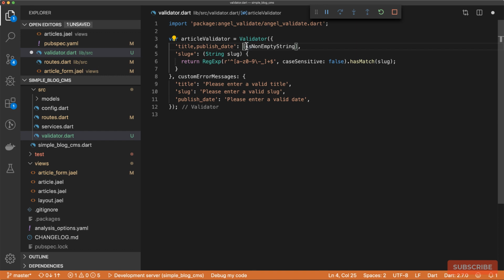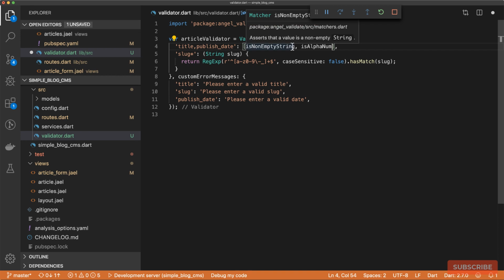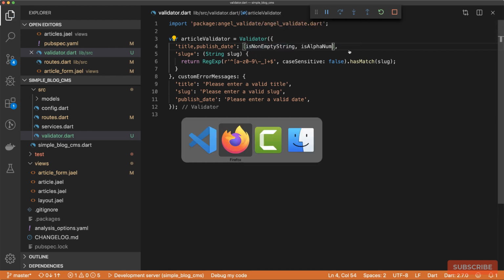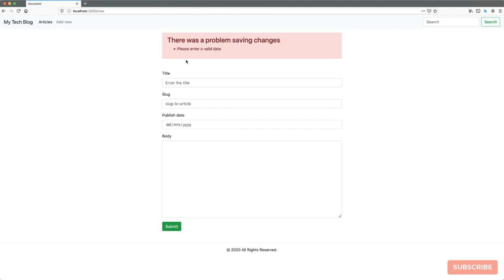So I can say, at least for my title, I want a non-empty string, but I also want only alphanumeric characters, for example. So if I save that, restart the server, so hello, and let's submit it. Okay, so it went through the title and slug pass validation, and now we see the validate issue for this